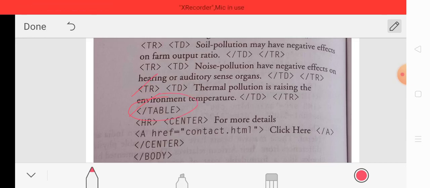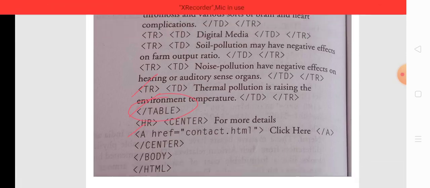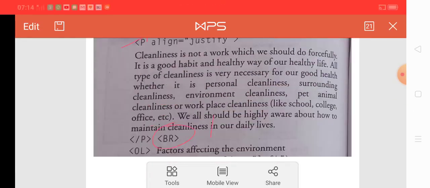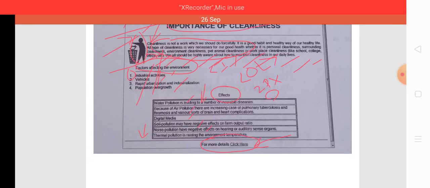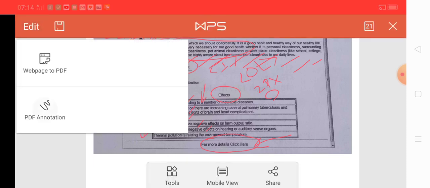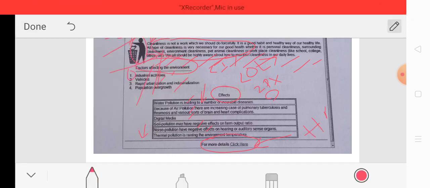After closing the table tag, again there is a separation, and then we can see that the table is separated by a line, so the hr tag is used here, you can easily see that in the web page. A line is there, so the hr tag is used here to implement this line.